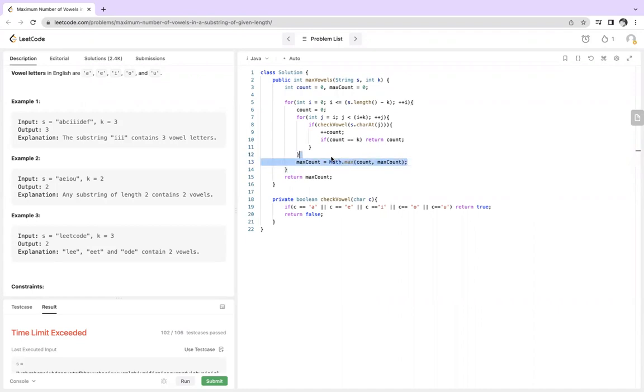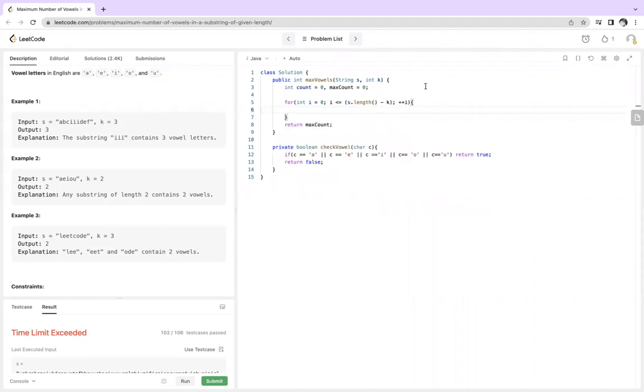We should remove this inner loop, and then what we should do is consider the words one by one. So let this loop remain, and we should move our window in such a way that